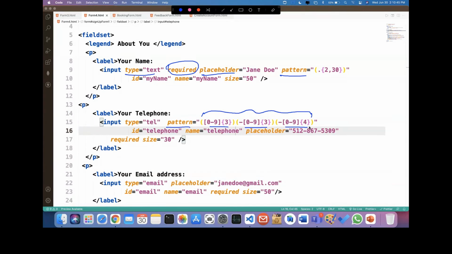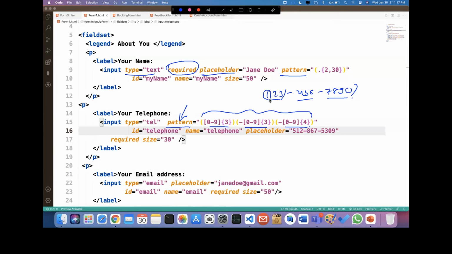You can see what the syntax of our regular expression is and what the example is. The example is like 123-456-7890. In this format I want the number. So how do we design the regular expression? You have to write the pattern attribute. Now we are using all the digits.